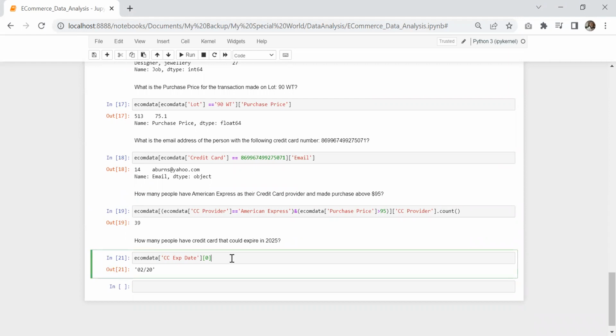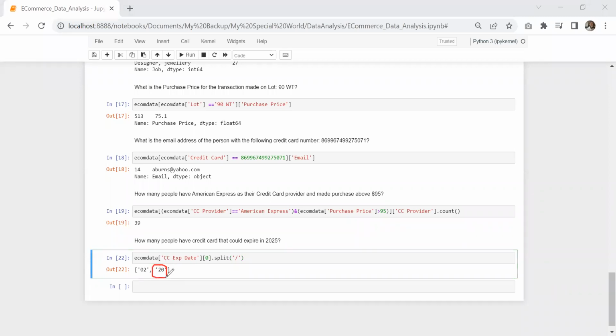Pretty simple. All you need to do is to split. What is your splitting condition? My splitting condition is slash. Let's see what it gives us. You can see from here that it has given us 2 variables. It has split it into 2 based on a criteria, which is slash. I'm actually interested in this part